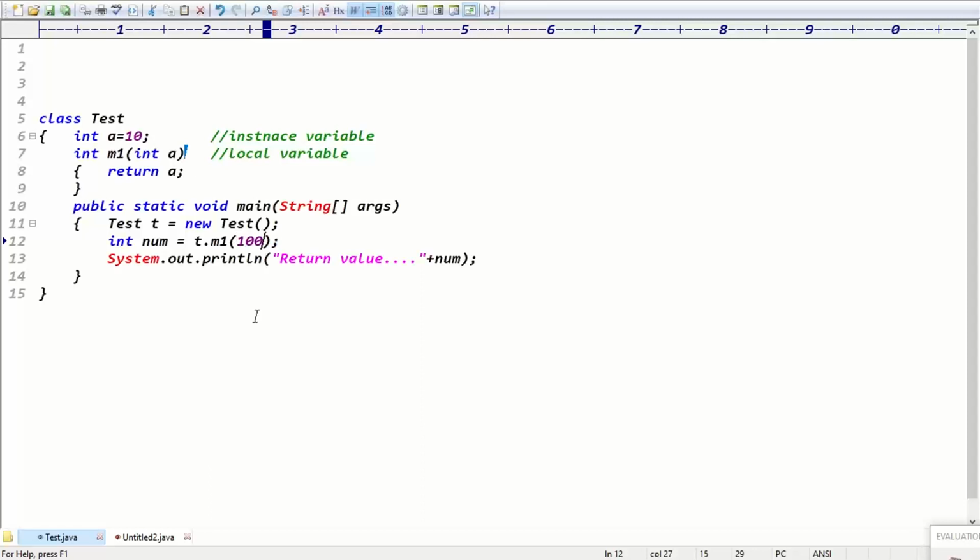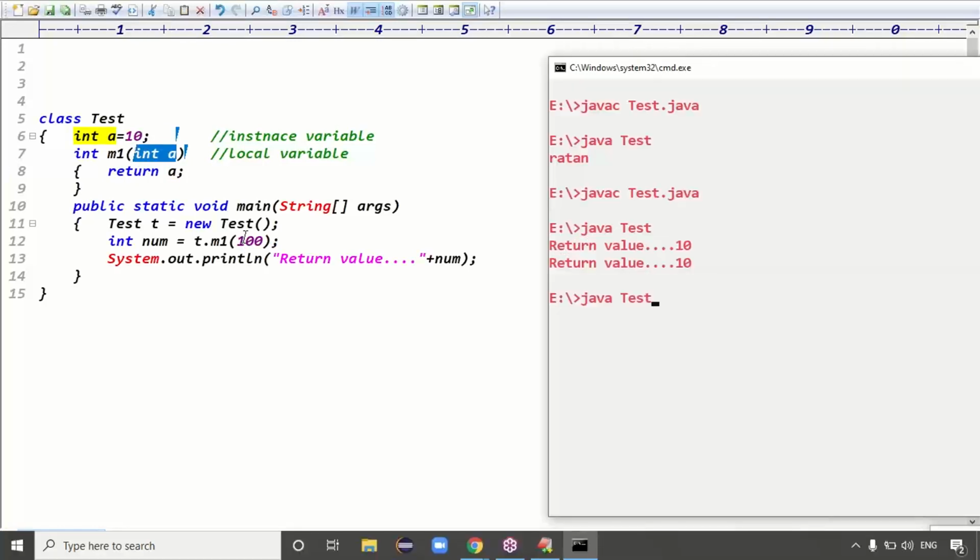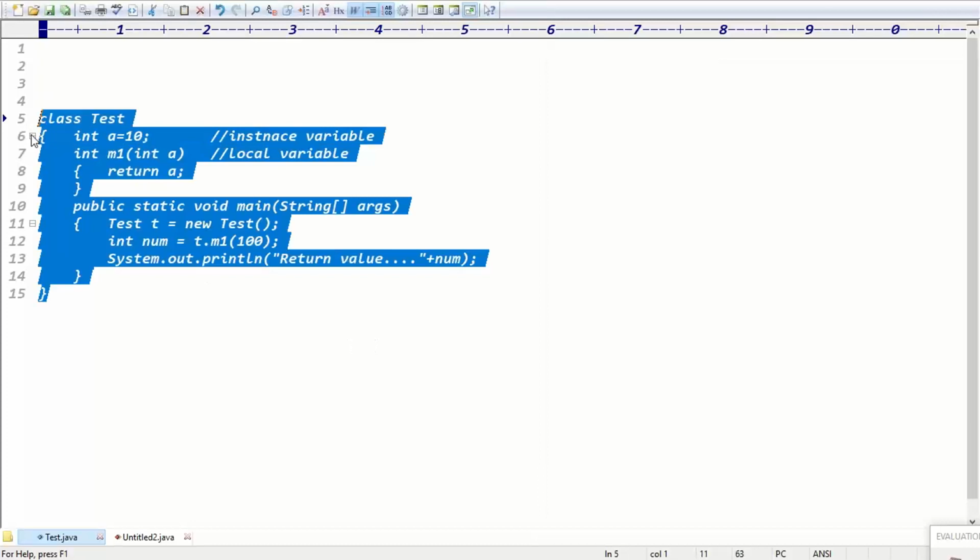100. Yeah, the priority definitely goes to which variable, guys? If the application contains a local variable and an instance variable, then the priority goes to the local variable, right? The local variable value is how much here? 100, right? That's what this example returns. The code is compiled fine, executed fine. It returns 100 as the value, right? Exactly.